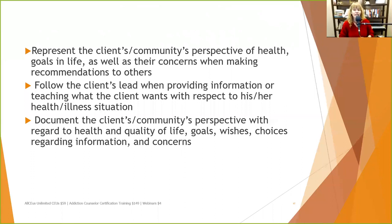Follow the client's lead when providing information or teaching what the client wants with respect to his or her health, illness, or situation. And document the client or community's perspective with regard to health and quality of life, goals, wishes, choices, and concerns. I'm working with a client right now who is Iraqi, and her goals are actually very much